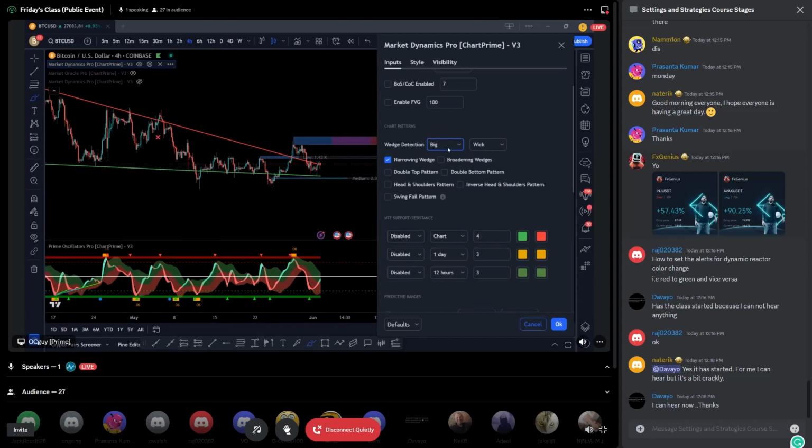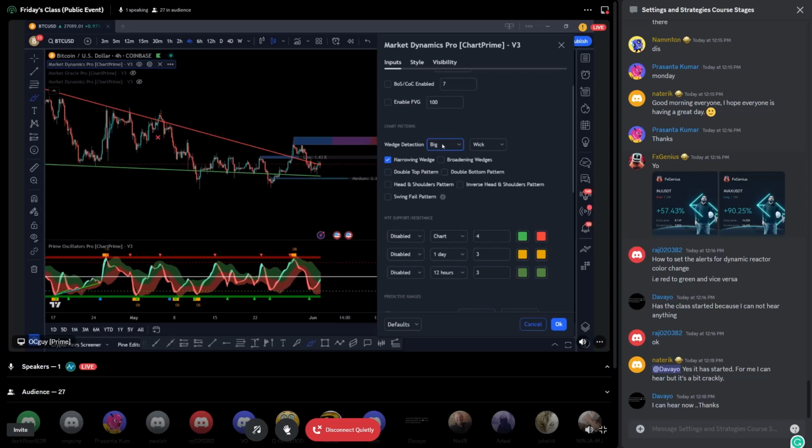Remember that based on this, it doesn't guarantee that you're going to have a formation. It will show you the formation once it's there. Just like a satellite imaging system to track hurricanes, it doesn't mean that because you have the satellite tracking system you are going to see a hurricane if there is no hurricane, correct? Whenever there is a hurricane, you'll be able to see it through that tool. The same here with the wedge detection system, right? If there is no wedge so far, then you will not be able to see it, right?